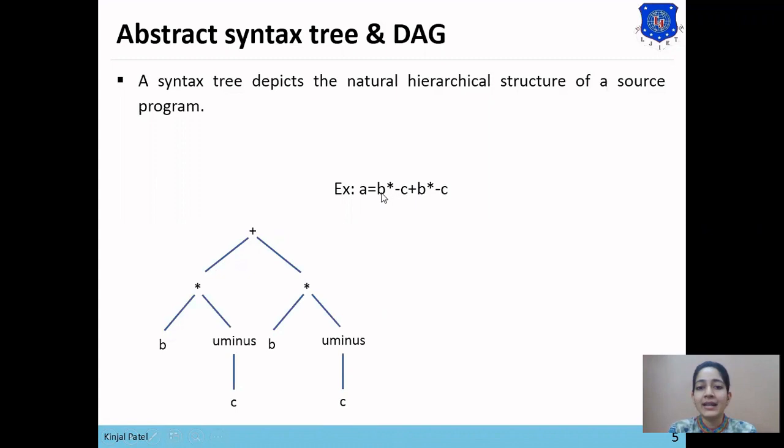So here the right hand side of the expression has been derived. Now A equals to the whole expression. As equals to has lowest precedence, now we'll perform equals to A. As A is the left child of equals to, here in syntax tree, A is the left child and the whole expression is the right child of the expression. So this is the syntax tree for this expression.